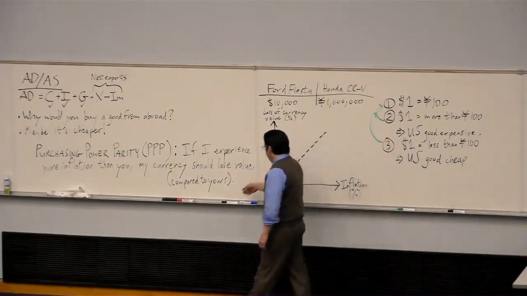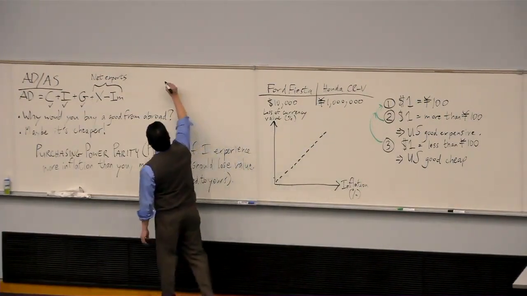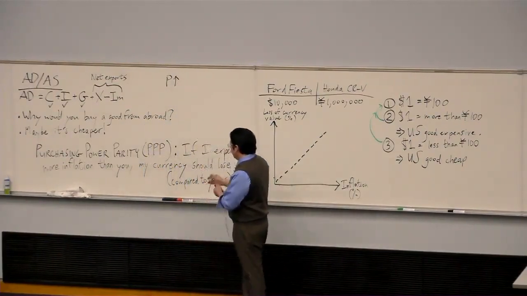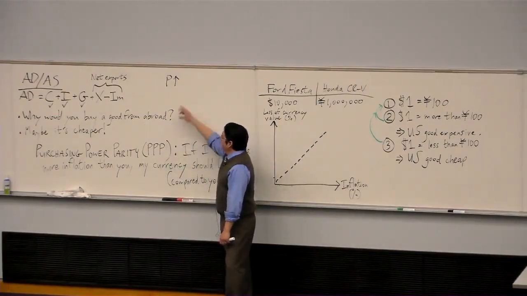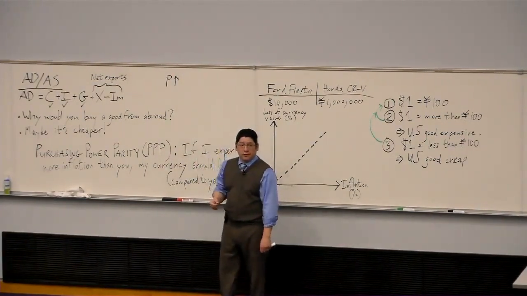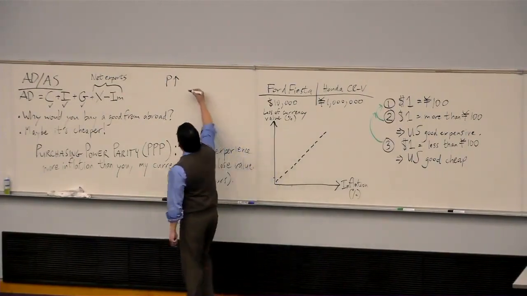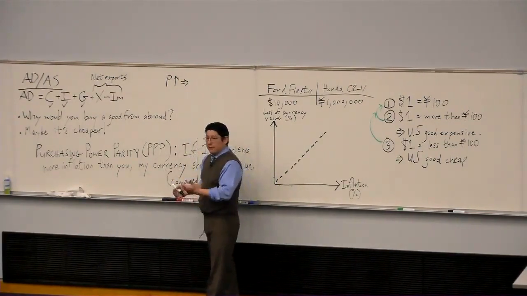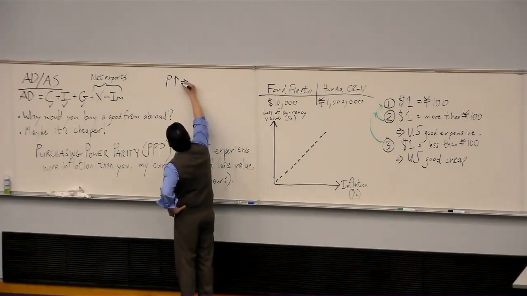So what does that tell us? Just to bring this all home, we're asking what's the impact of the price level on exports and imports. We were saying that if purchasing power parity holds all the time, then the price level has no impact on net exports because the exchange rate offsets any price differences. But we just saw that it doesn't. PPP takes a while to hold. It requires big deviations to do anything. And so that suggests that higher prices actually